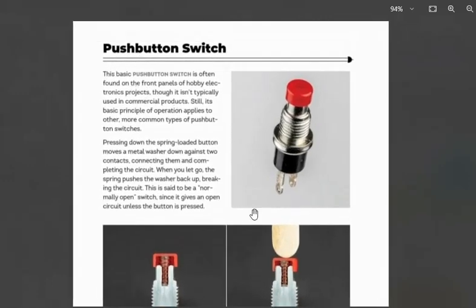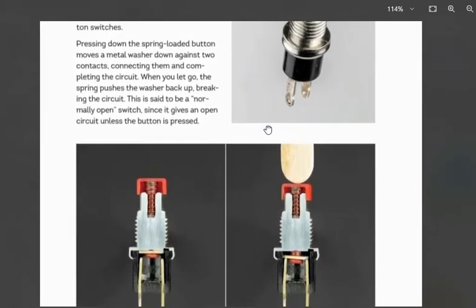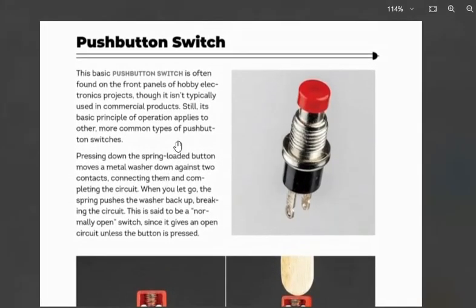This is the push button switch. This is a simple electrical component. You can see it. And if I talk about what it does, a push button switch is a simple electrical component that is used